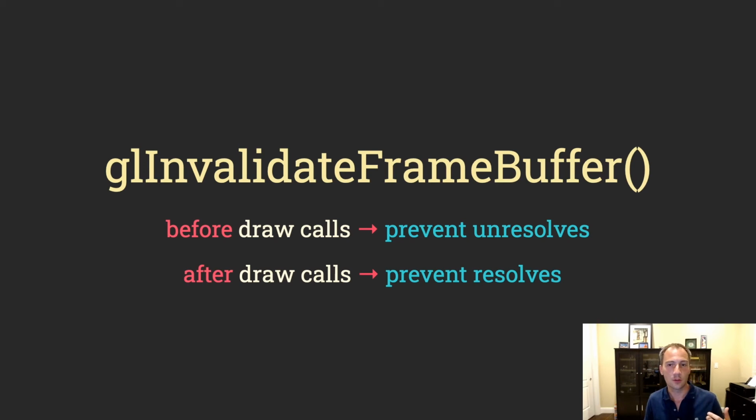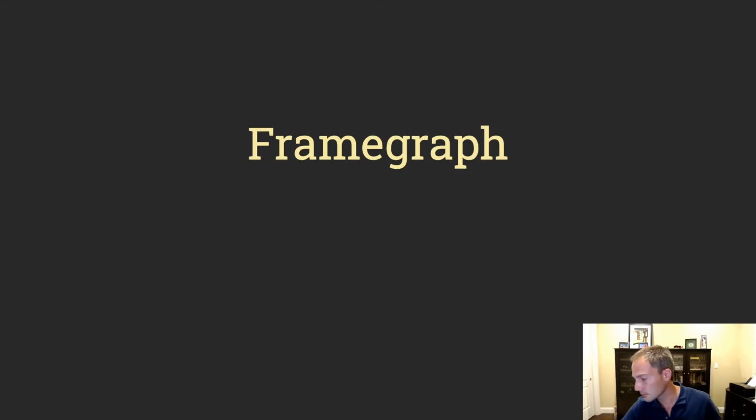You must know whether you need the content before or after the current pass, which may be fine when your rendering engine is simple, but as soon as you start adding more and more render passes, especially when they can be enabled or disabled at runtime, things get really complicated. So in our implementation, we rely on a frame graph to do this for us.